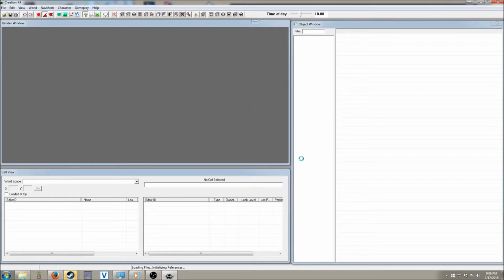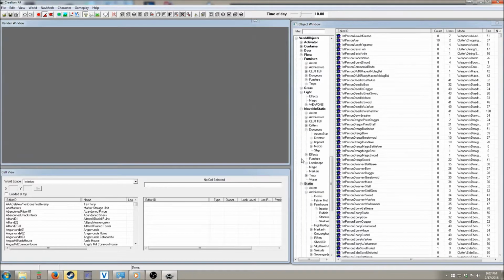It has to load everything still because there are multiple stages of loading. This is why on most of my videos I just have something preloaded so you don't have to wait for the loading process. Okay, now we are done, so blam, we have the render window, we have the object window,